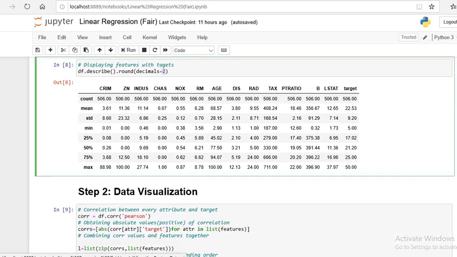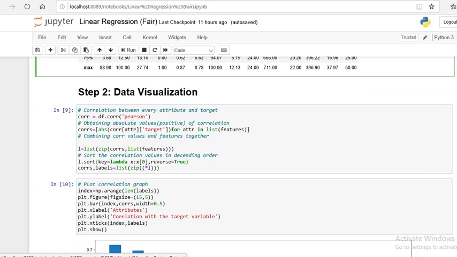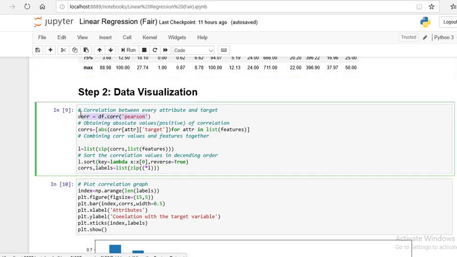And the next is the concept of correlations. You have to find the correlations between the attributes and the target. It's a very crucial step in machine learning. This is the code to calculate the correlations between every attribute and the target.